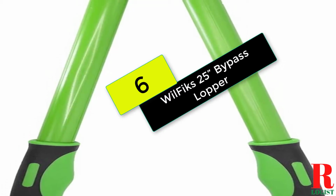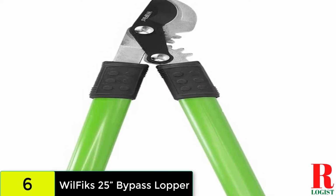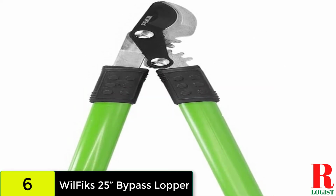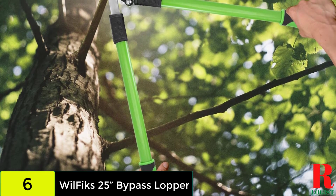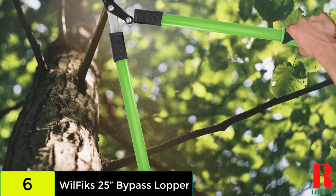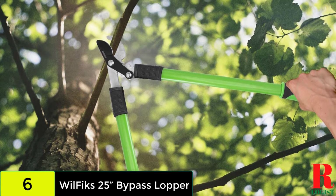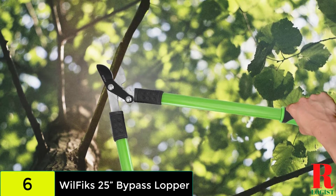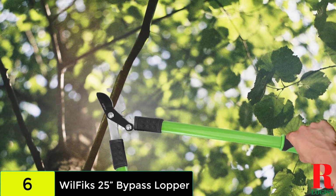Starting at number 6 on our list, we have the Wilfix 25 Bypass Lopper. The handles are made from steel, so they won't bend or break, and the handle covers provide a good, comfortable grip while absorbing vibration and movement. The Wilfix shears are good for pruning and shaping shrubs and can be used for cutting, trimming, and pruning other plants. But it is a little too big to use on smaller plants and definitely isn't the best for use